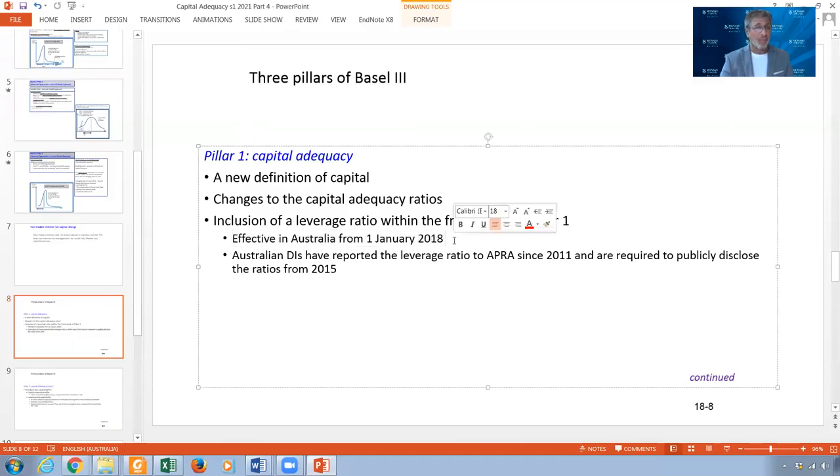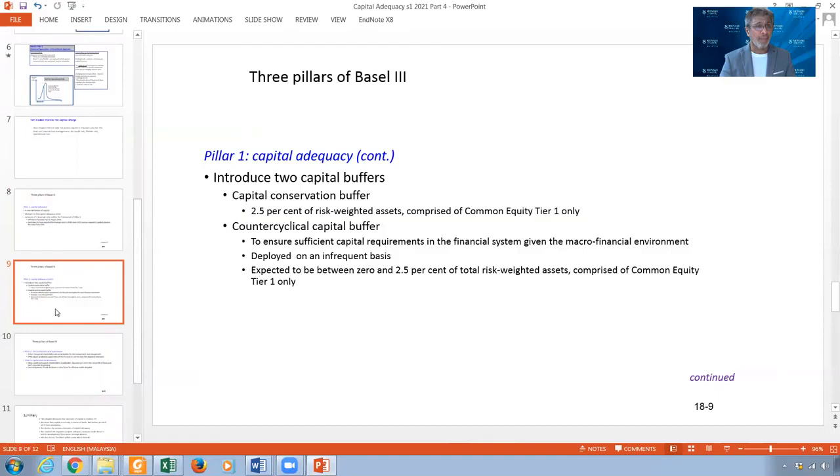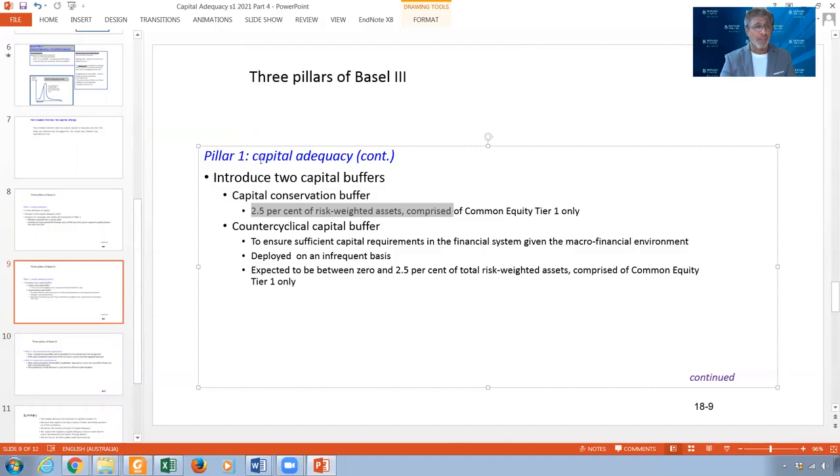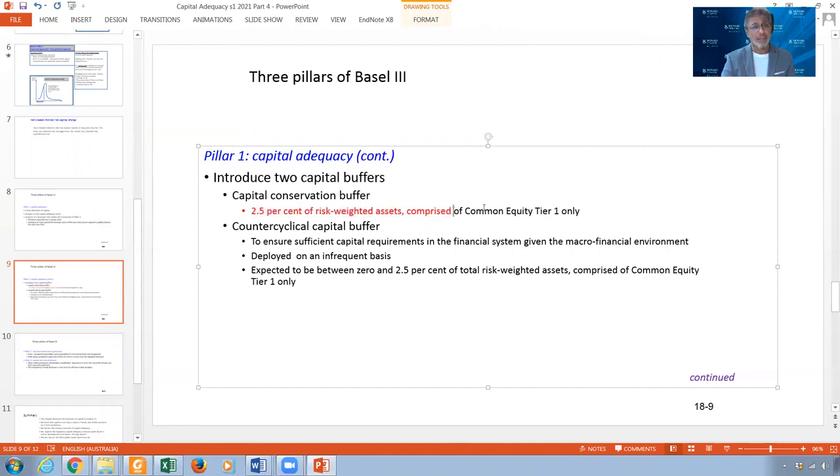This is how it starts. Malaysia started in 2000, it will end in 2019 and has already ended. But this is the Australian regulations actually, which is not a big issue here. All I want to say is that Basel III is Pillar 1, Pillar 2, and Pillar 3. This is Pillar 1, and Pillar 1 also requires what we call 2 buffers. This one is already effective. And this one is the countercyclical buffer, which we talked about,